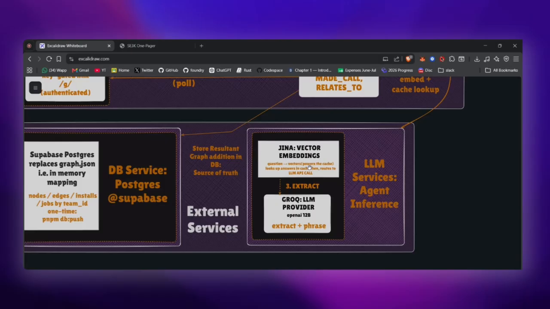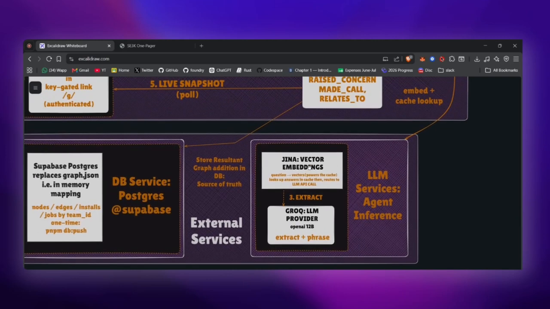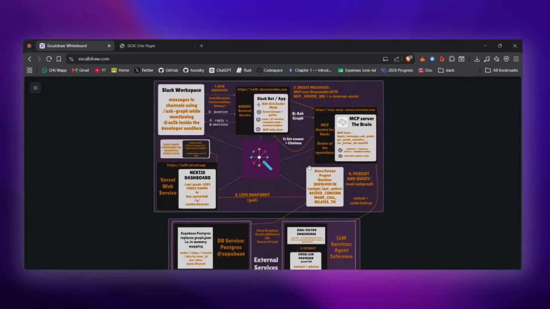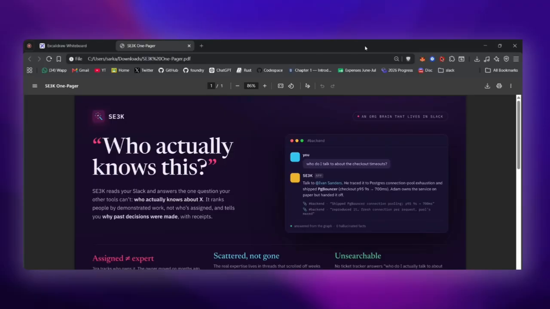Slack events are done using Slack Bolt.js. The UI is made using Slack Block Kit. The demo data is done using the Slack Web API and user seed tokens. And yeah, that was the architecture diagram for Seek, and then I'll just take you directly to the Seek